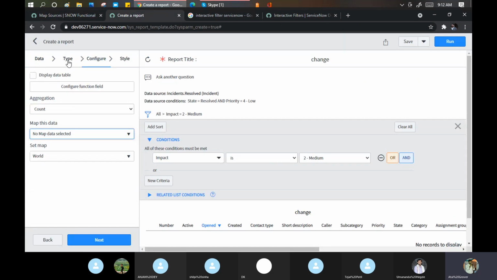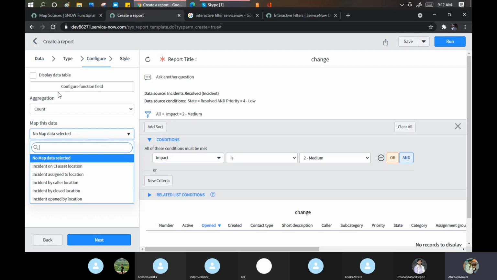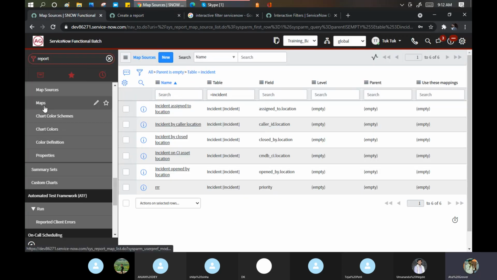If I just go in the type again, maybe it did not load for me. Yep, I need to reload again. But this option will be available for you. Then you can utilize that part. Nothing much to be worried about on that part. Okay. Then you can get maps, all these things you can do.